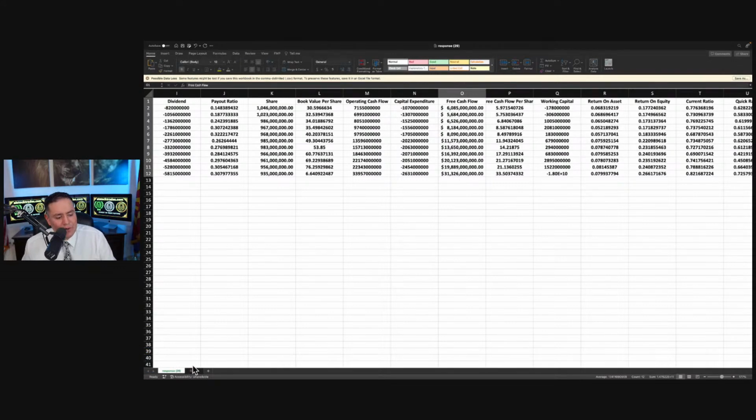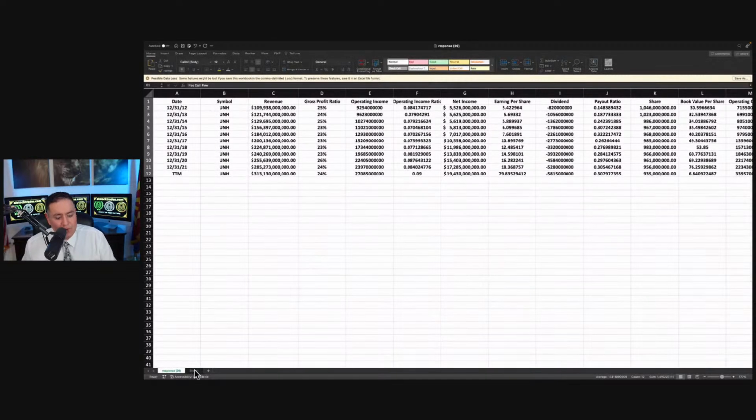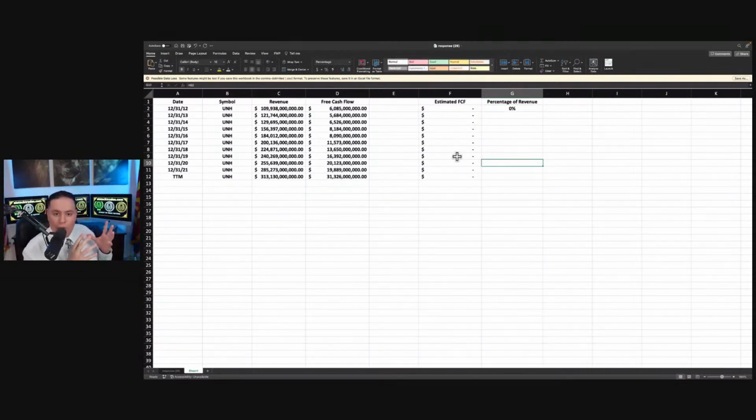So what we're going to do is, this is the information for United Healthcare. I stripped the revenue and the free cash flow, and we'll make this 0 for now, so we zero these out. You know how when we calculate an intrinsic value for Clover, we take 5% of the revenue. So I'm going to do 5% of the revenue for United Healthcare. Now, you might think this is pointless because we already know the free cash flow, but it's to prove a point, and it's to prove an interesting,